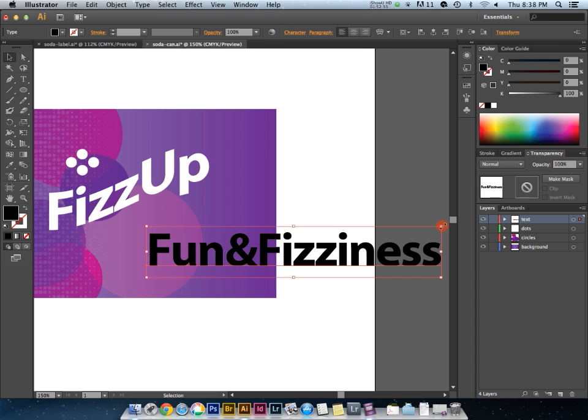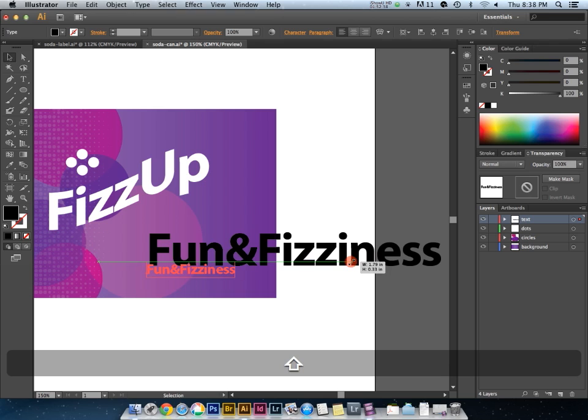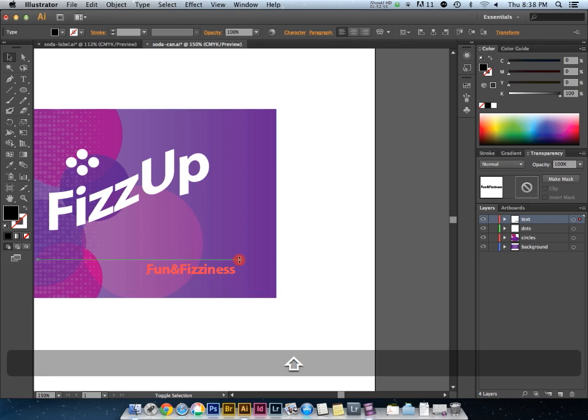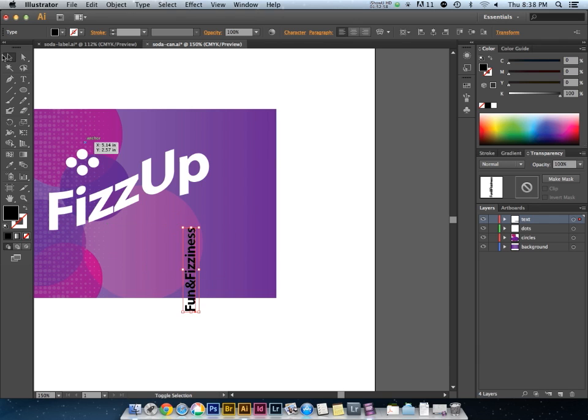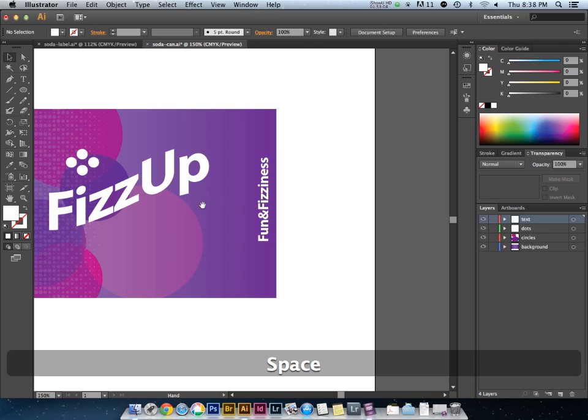available, you can simply scale the size by holding the Shift key down. And again, the Shift key is going to constrain the proportions. That's important. And then still using the bounding box, you notice if I hover close enough to one of those corners, I get that revolve arrow icon to appear. And again, holding the Shift key down, I'll click and rotate that around so that it's now running vertically as line type. Okay? I'm going to fill that with white, and our artwork is now pretty much ready to be